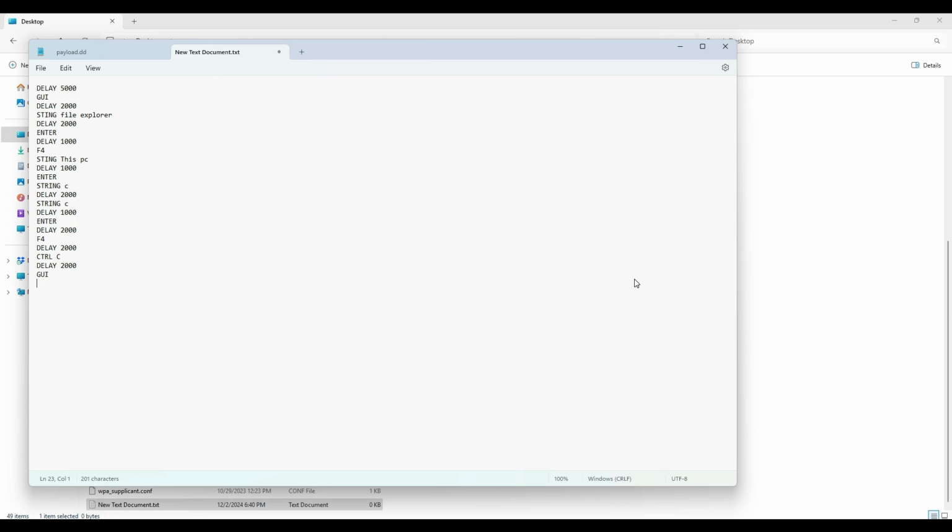GUI again, so the Windows button, and then we will type the string cmd, and then we will wait again 2 seconds and hit enter, and then we will need the final string, which will be the copy command. So this will be inside the cmd. Copy C, and Users, username, AppData,